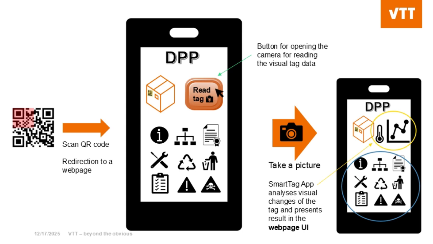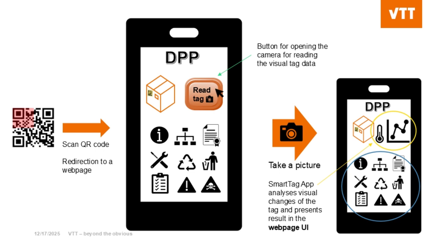In practice, when using the SmartTag app, a user just scans the QR code with the mobile phone. No prior native mobile application installations are needed. The user will be redirected to the website showing basic DPP data. If the user also wants to see information interpreted based on the visual changes of a smart tag, he or she takes a picture of the tag, and the SmartTag app visualizes the results or optionally gives verbal interpretation of